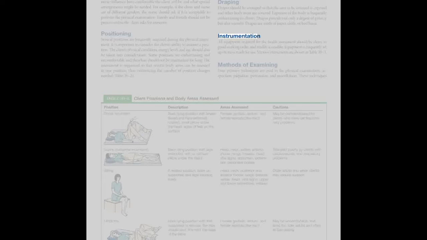Instrumentation. All equipment required for the health assessment should be clean, in good working order, and readily accessible. Equipment is frequently set up on trays, ready for use. Various instruments are shown in Table 30-3. Methods of examining. Four primary techniques are used in the physical examination: inspection, palpation, percussion, and auscultation. These techniques